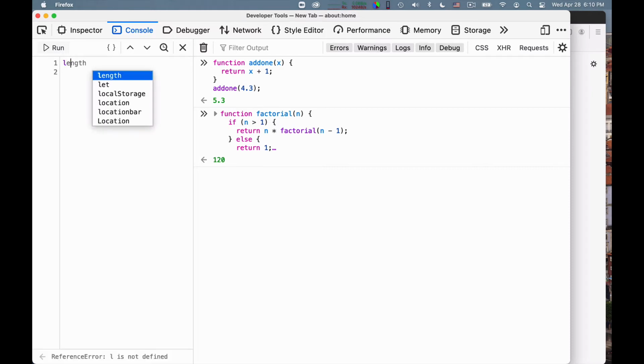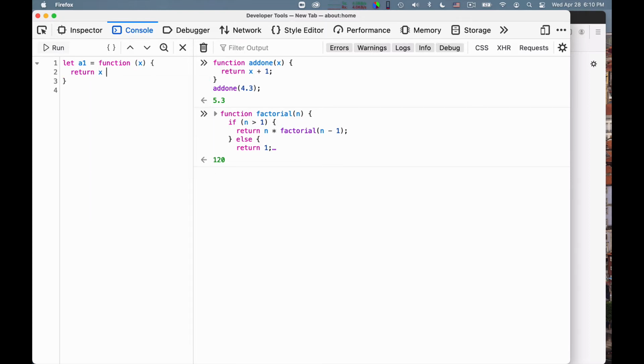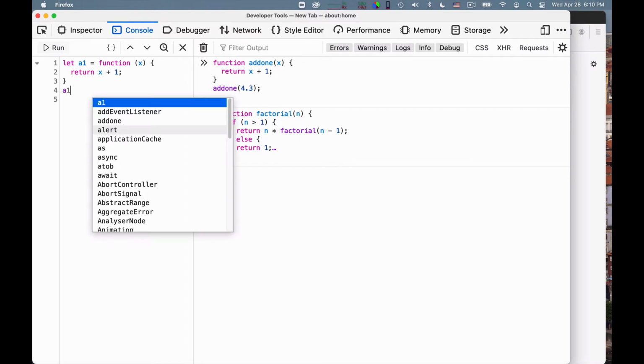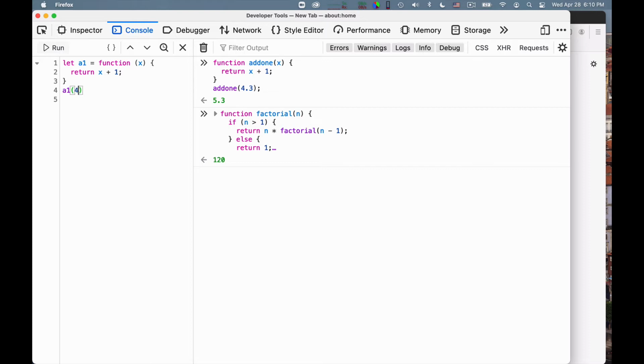We can say let a1 is equal to a function that takes a parameter x and returns x plus 1. Okay, and if we do this, we can apply a1 to a number such as 4, and the output will be 5.